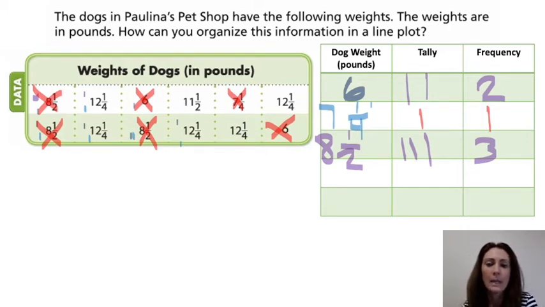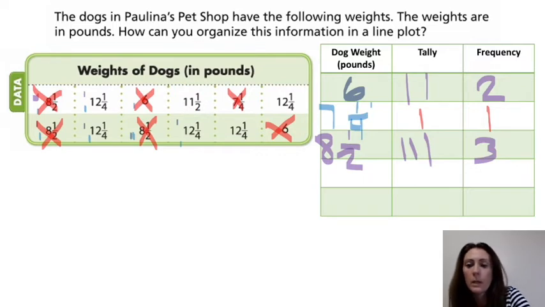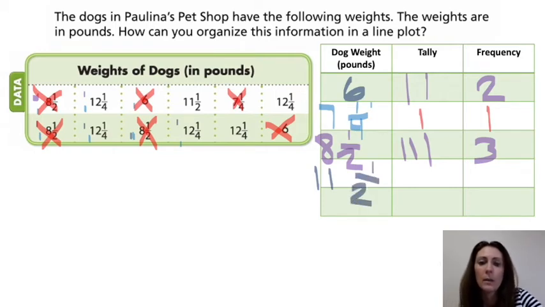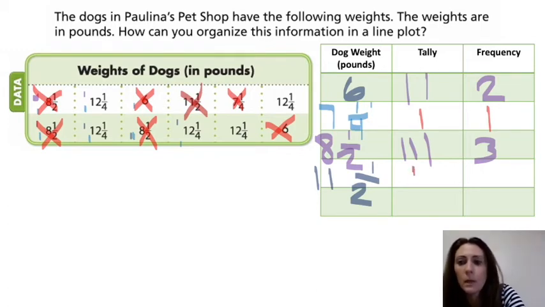Do I have any 9s? No. 10s? No. 11? Yeah, I have an 11 here. Anything else? So then what would go here? Right, 11 1/2. And how many times did 11 1/2 show up in our data? 1. So it only showed up 1 time. Okay, so 1 tally mark